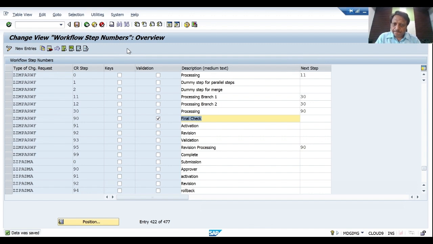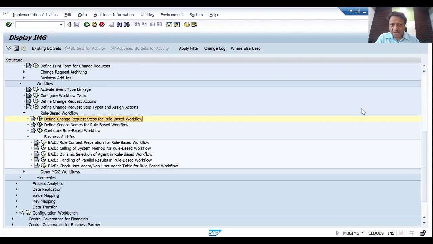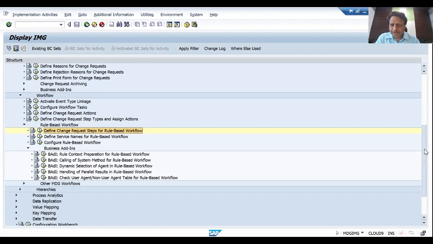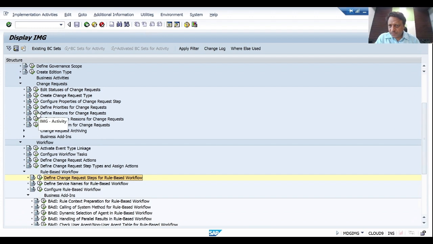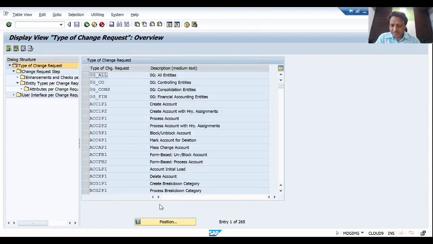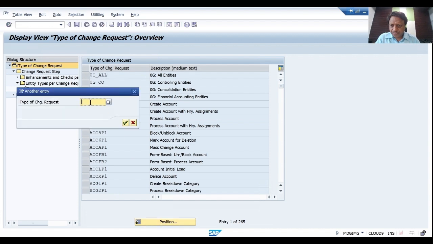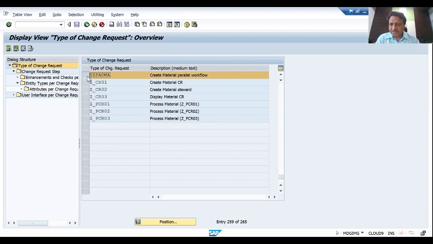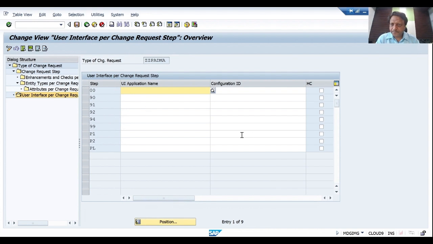Now an additional configuration step may be required for highlighting, so that we are able to track the changes. So in this case we can go to ZZM PARWF and select this line and go to interface, user interface, and now here we can choose this highlight